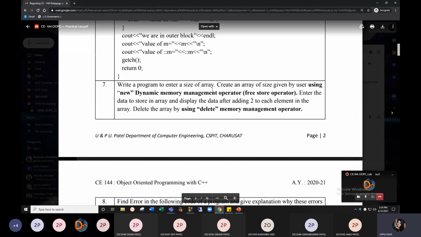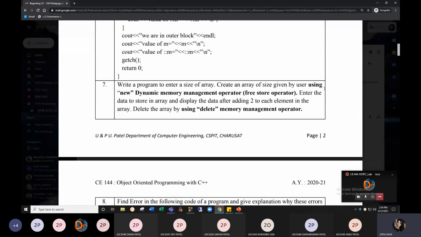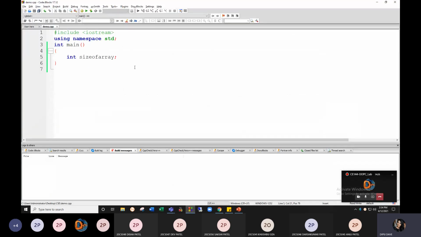First we need the size of the array. Create an array of size given by the user. So now we will take input from the user. We need to write the size of the array. Okay, then we have taken this from the user.